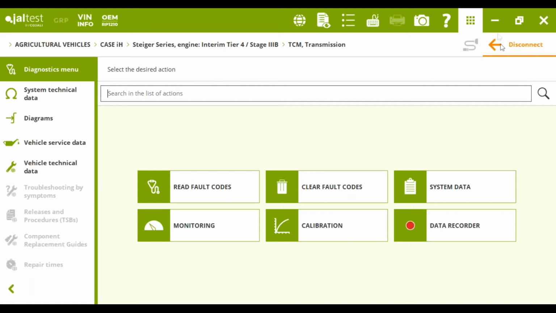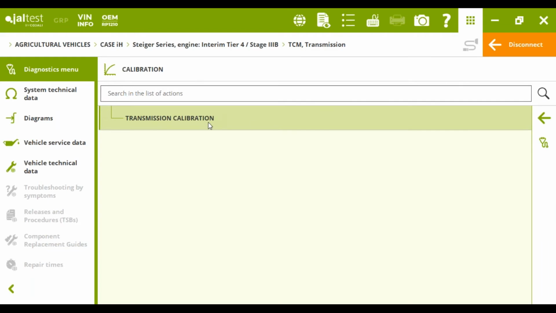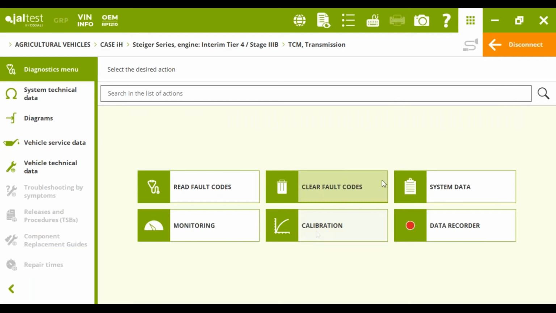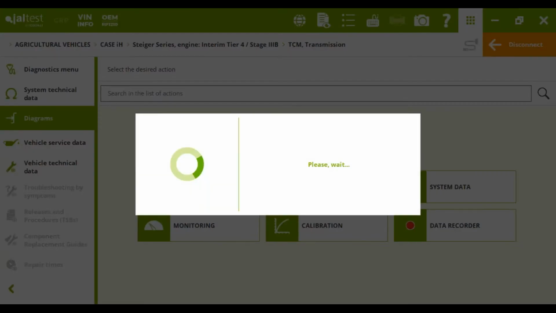In this case, also in both models, we are going to be able to do a transmission calibration, following the technical release. Exactly the same thing as I showed you before for the spool valves. We're going to have the same information here for the transmission calibration. Remember before that I was showing you some wiring diagrams. We can check those diagrams also in the transmission, also in the engine system. For each system, we have